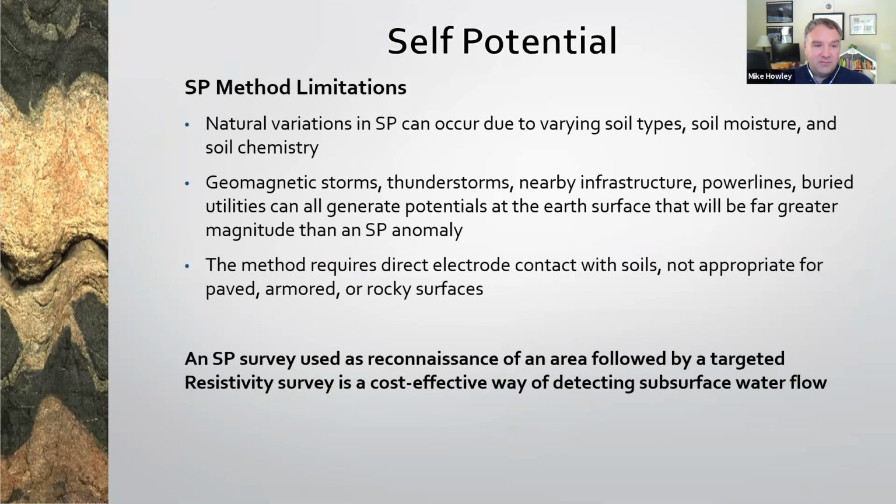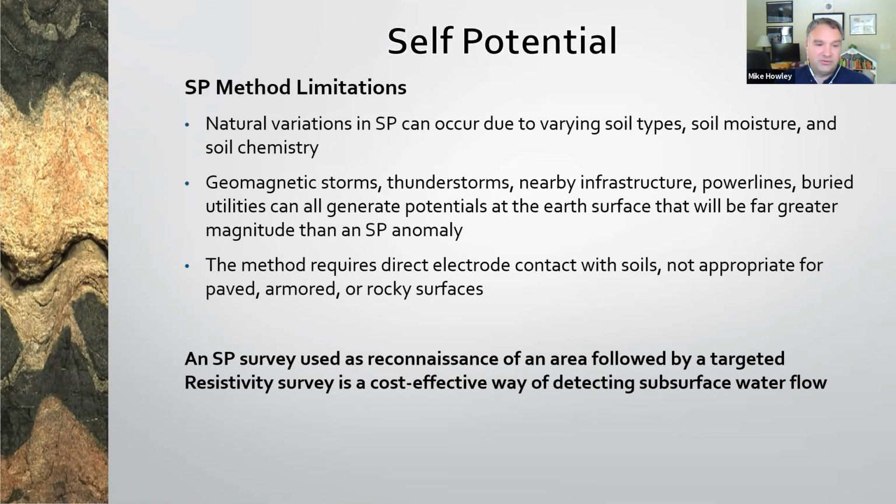Limitations of the SP method. Natural variations in SP can occur due to varying soil types, soil moisture, and chemistry. Also, geomagnetic storms. The varying magnetic field strength can induce currents in the subsurface or in the cables that are used to measure SP data. Thunderstorms up to 50 miles away can cause variations in potentials in the ground. And then the anthropogenic influences: infrastructure, power lines, buried utilities